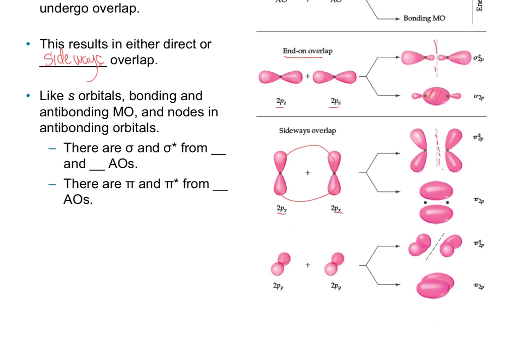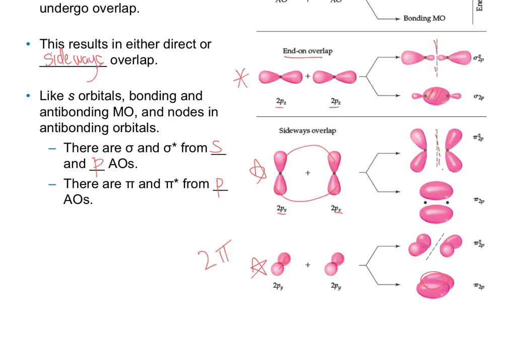And then similarly, the y orbital does something similar, where we get a pi bond, but it's flat, and butterfly wings also flat. Just like s orbitals, we have bonding and antibonding. We get sigma and sigma star from the s and the p atomic orbitals, and we get pi and pi antibonding from the other 2p orbitals. So we get 2 pi bonds coming from the sideways overlap, and 1 sigma bond coming from end-to-end overlap